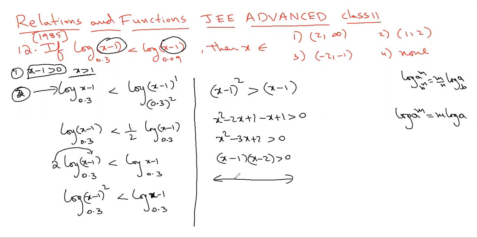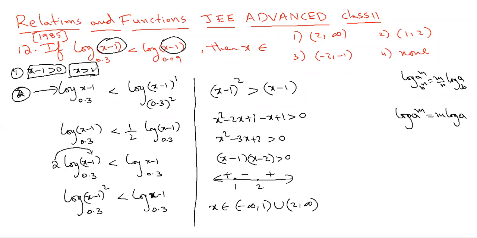Again, the wavy curve method. If we count, then it will cross 100, I think, the number of times we applied this wavy curve method. So the x square coefficient is positive. So this is plus rightmost, minus, plus. We want the product to be positive. So x belongs to minus infinity to 1, union 2 to infinity. So the first impression that you'll get is none of these are like this, so none of these is the answer. So you should be careful in that.